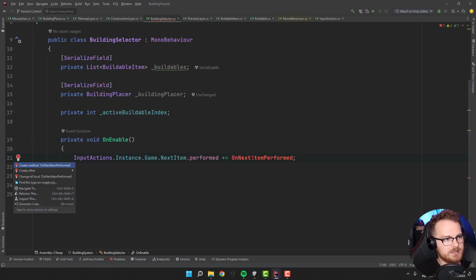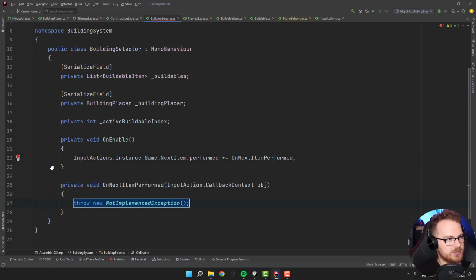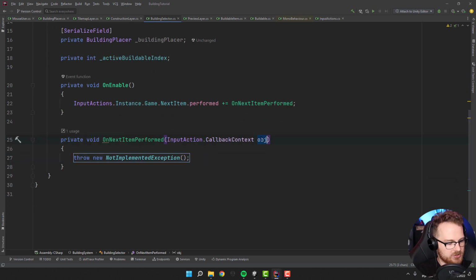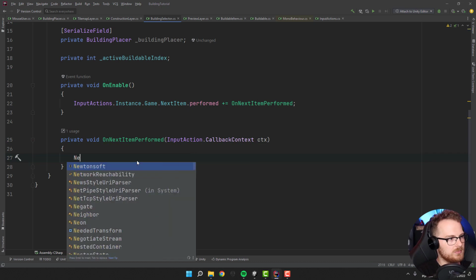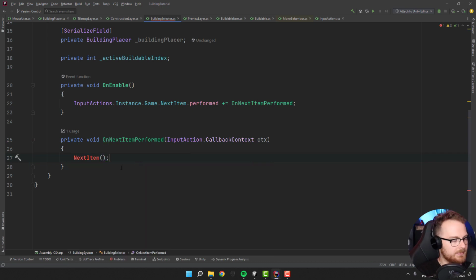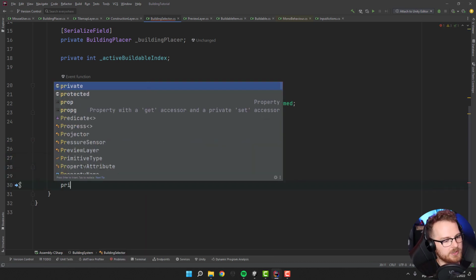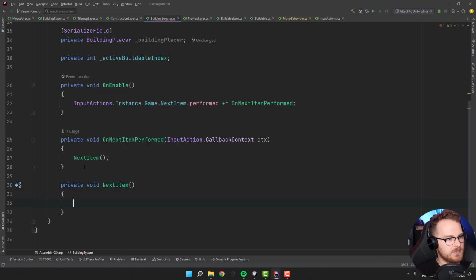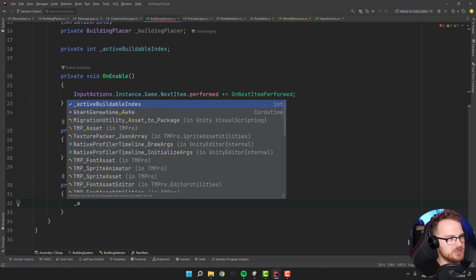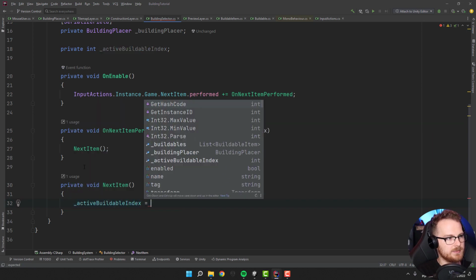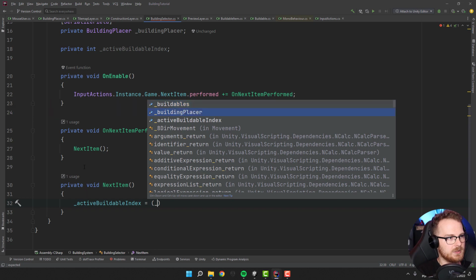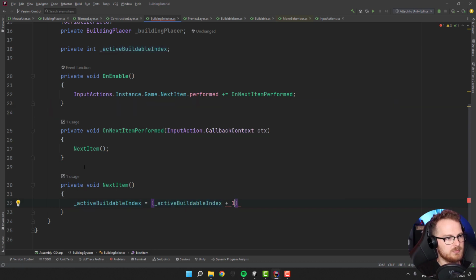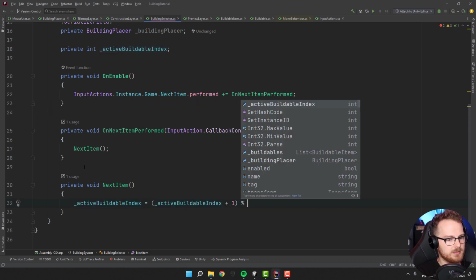We don't have that, so let's generate that method. Let's change the name of the parameter to ctx, and now let's call the NextItem method, which we also have to create. So private void NextItem, and this will be as simple as changing first the buildable index. So for that, we first increase the value by 1, and then make a modulo